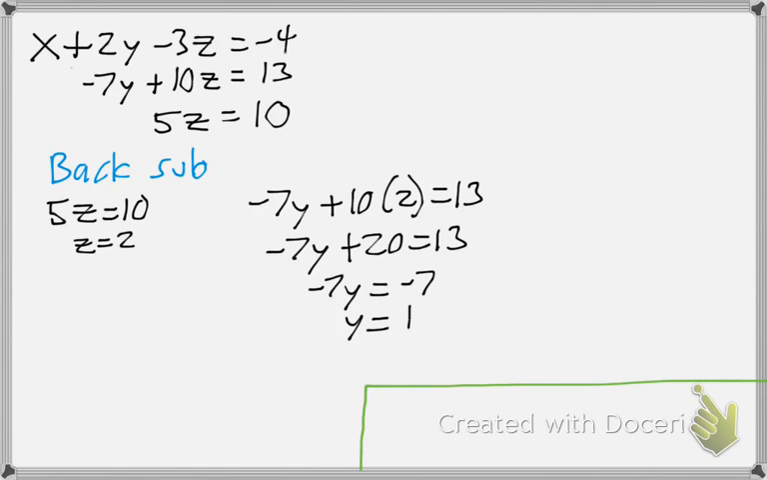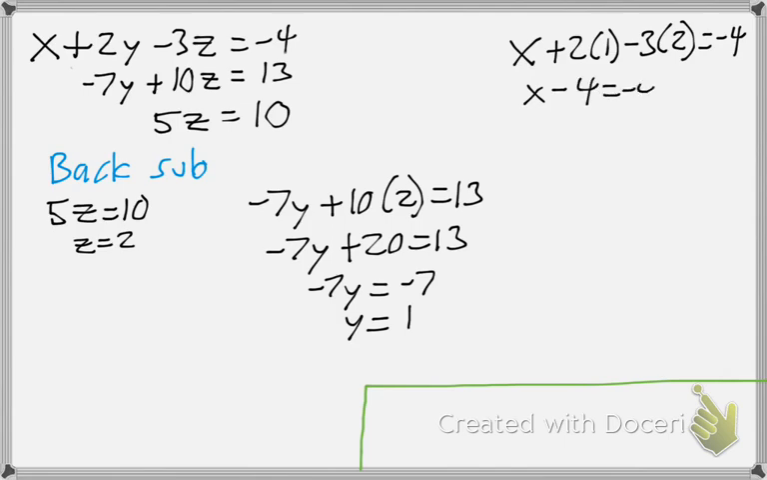And then plug those both into the top equation. So we'll have x plus 2 times 1 minus 3 times 2 is equal to -4. That'll be x minus 4 is equal to -4, or x is equal to 0. So my final answer will be 0, 1,